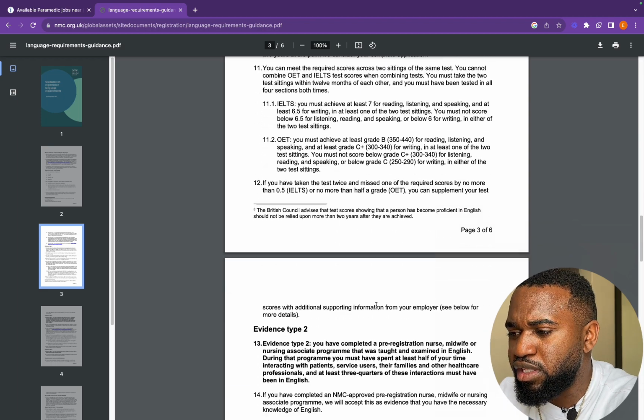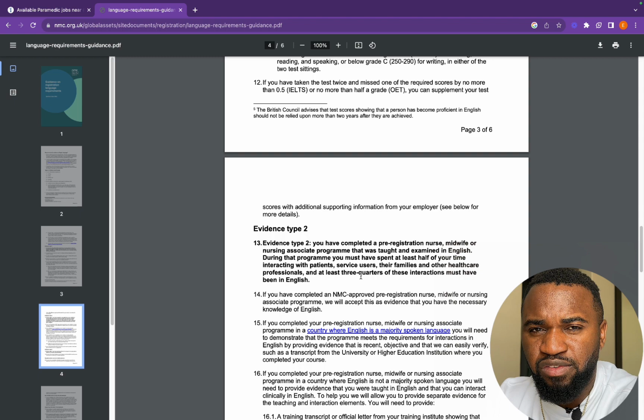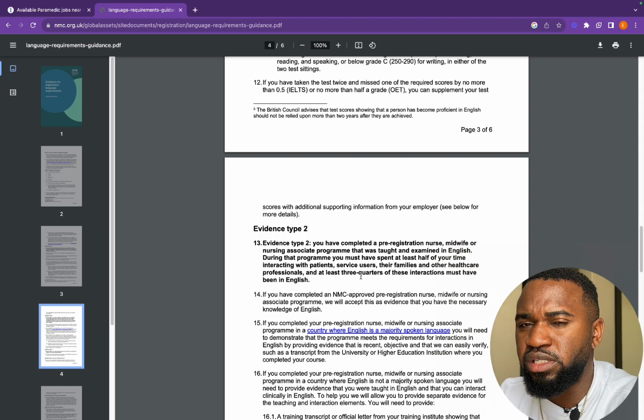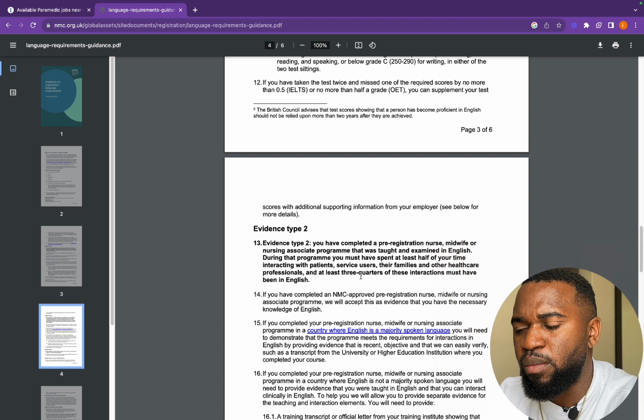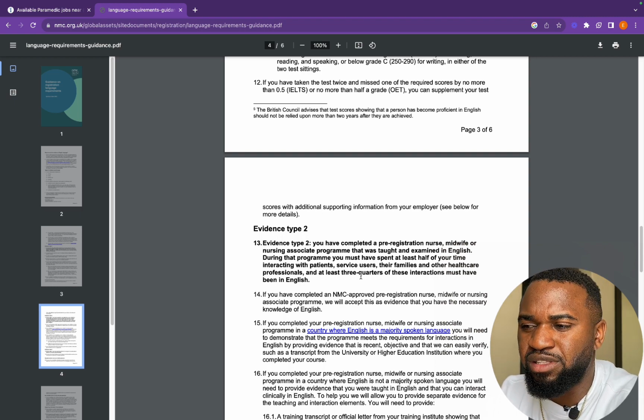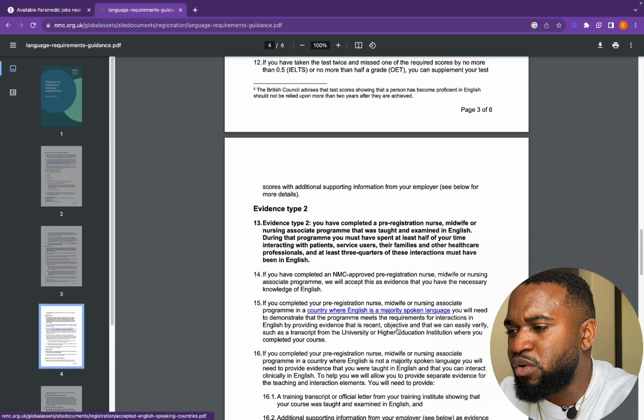But then there's type 2, which is what I want to explore. This is for people that have done their education in English and their medium of instruction at work is English. So basically, most people in most English speaking countries that are not originally English, they do have their own dialects there, but English is sort of the official language. I can give you a few examples. Most Southern African countries, except Angola, use English as their medium of instruction. So with that, all you need to do is